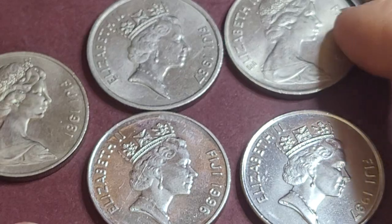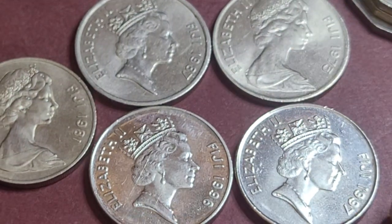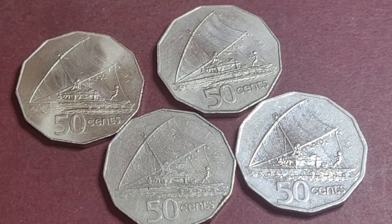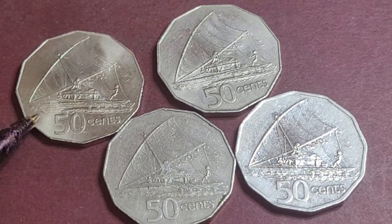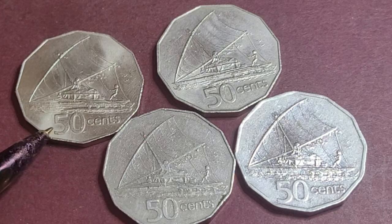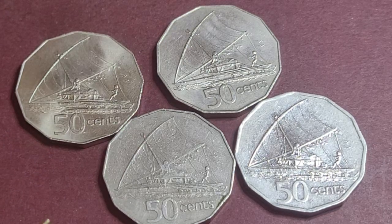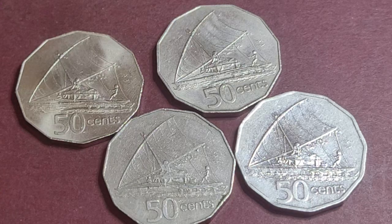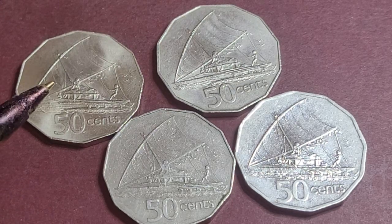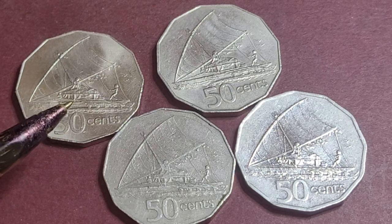And the rest is probably only about $2 to $3 because Fijian coins are not really that popular. So the 50-cent coin, which when it was issued in 1975 had roughly a purchasing power of about $5 now, or probably about $10 in Fiji. The currency is a little bit lower. It's only worth about 70 Australian cents instead of 1 to 1. And this is a kamakau, so it's a traditional